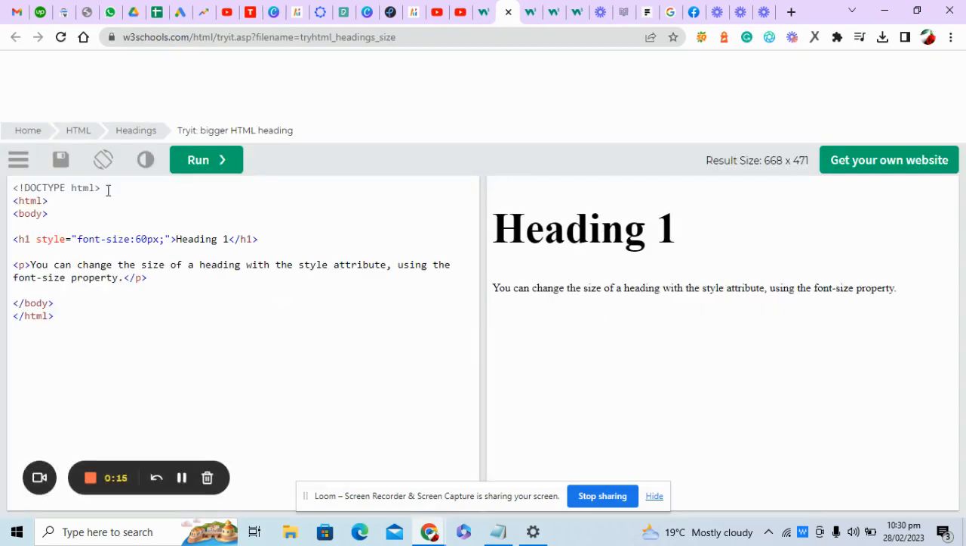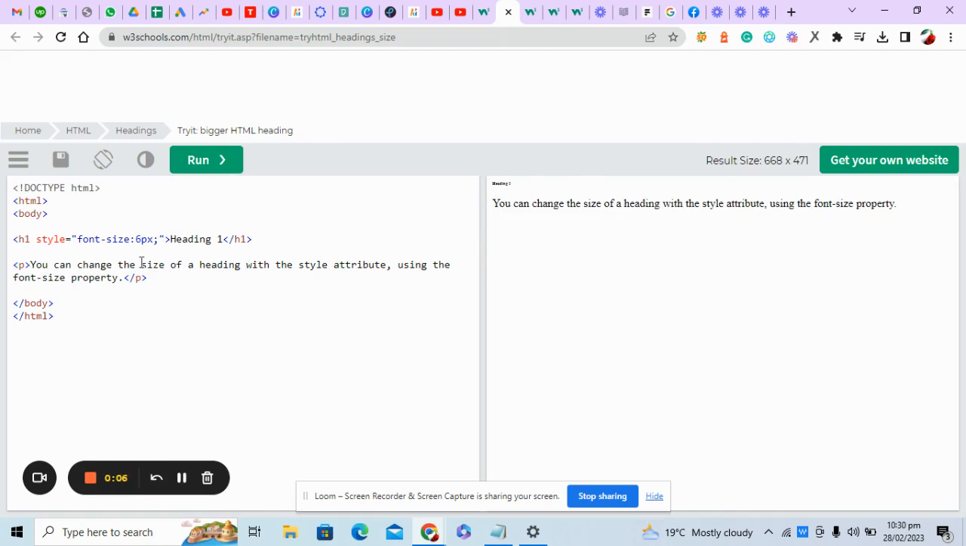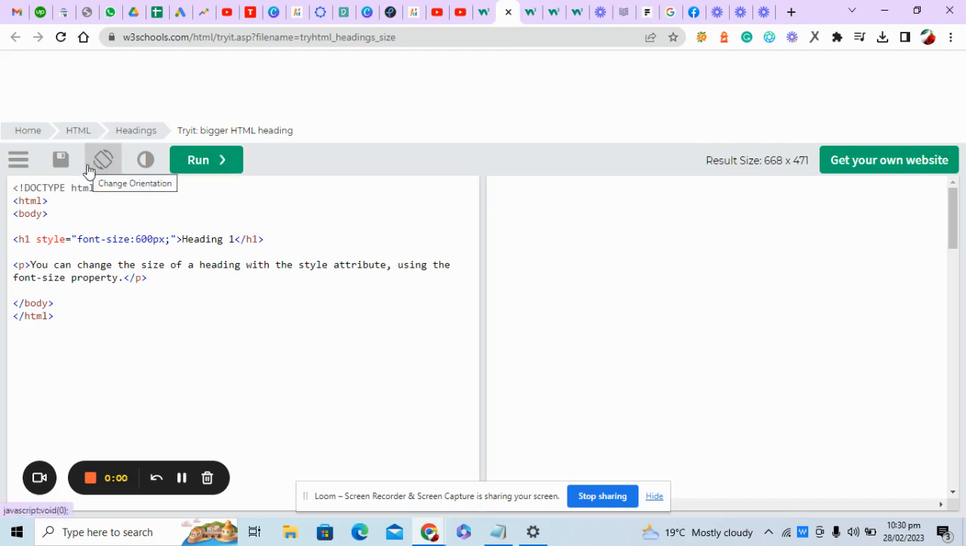Let's try it out. This is the heading 1. Let me make it smaller. Got it? Let me make it very much bigger. It's actually